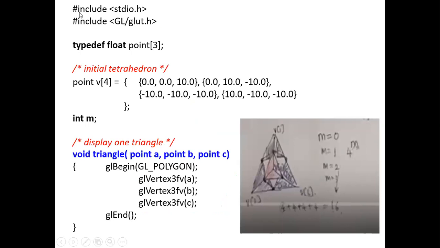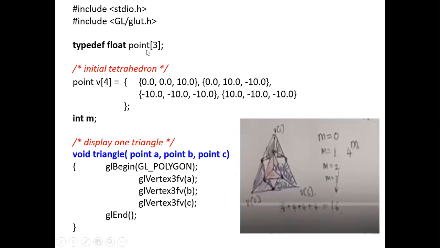So the first statement in our lab program is #include <stdio.h>. This is including your standard input output header file, because in this program I'll be making use of my printf and scanf functions in order to read the number of divisions. Next I have #include <GL/glut.h>. This is basically our glut header file. Next we have declared